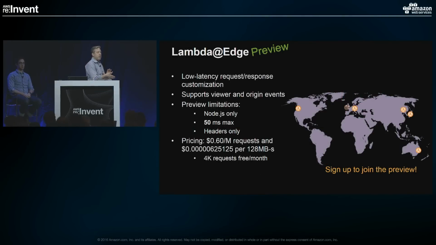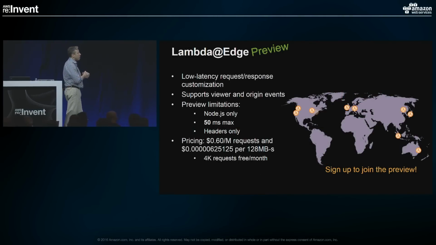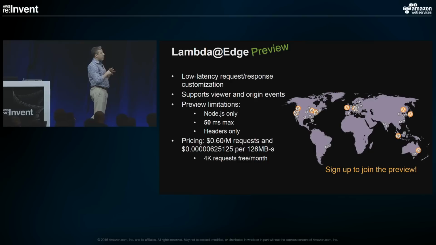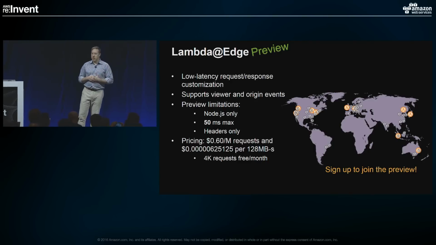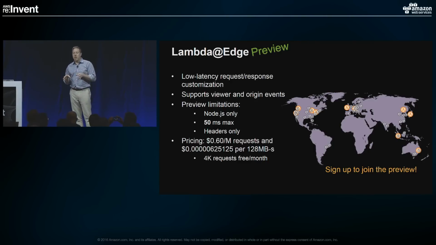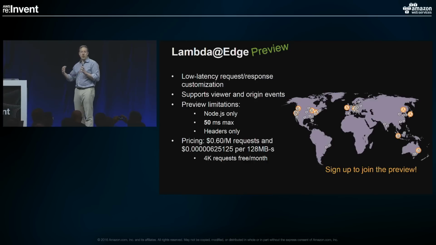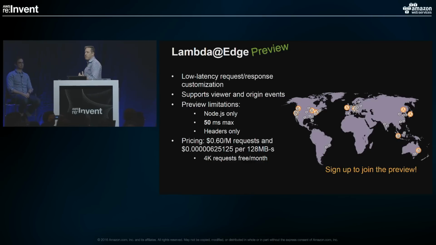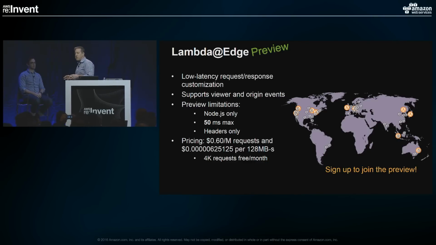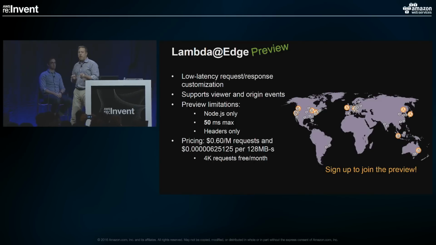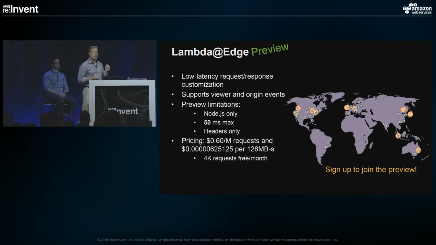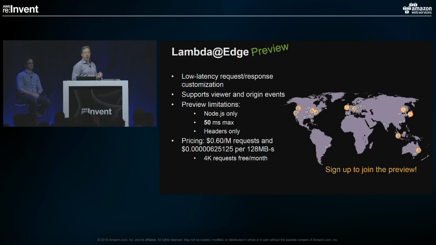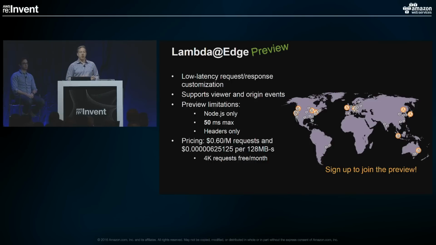And finally, I want to tell you about Lambda at the edge. So we've already placed Lambda in lots of different data centers. And that gives customers the opportunity to execute where their storage is, close to their clients. But we also have all of these POPs, 68 points of presence around the globe, that are where we today process our CloudFront distribution as we send out storage and content.